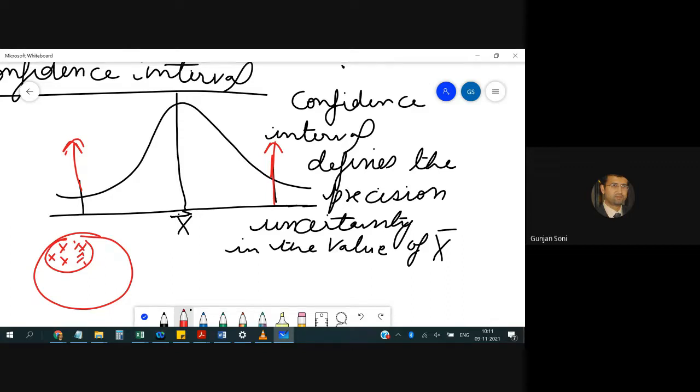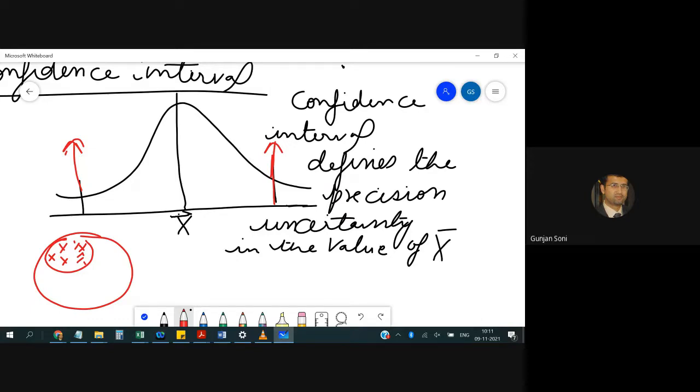If the spread is too much, the uncertainty in the measurement will be high, and higher uncertainty in the precision will be there. If the spread is less, that means higher precision is achieved and less uncertainty. And uncertainty is there because of the randomness which we observe. Now let's do a small numerical which will help us in understanding what we are trying to say.